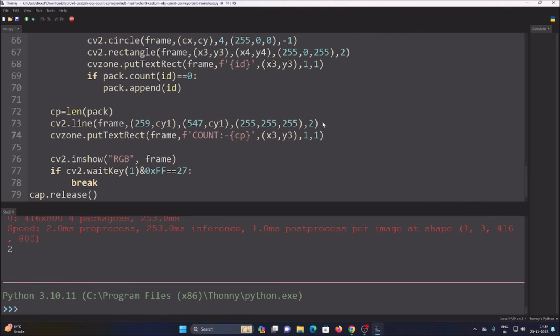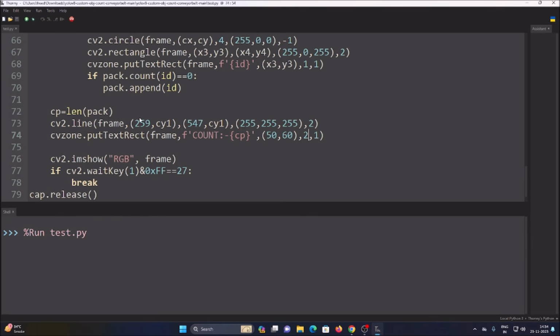Instead of x3 y3 we want to mention the frame coordinates. So let's just say 50 60, and 1, or let's just go 2 1. This is the rectangle size and this is the text size. If I run the code,